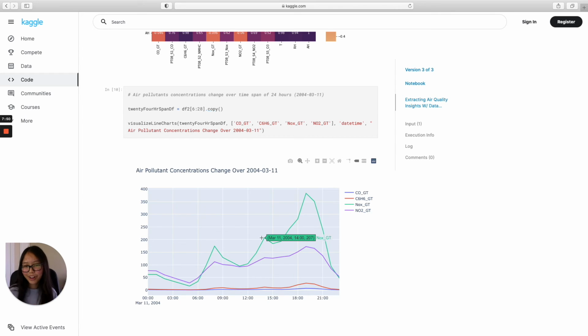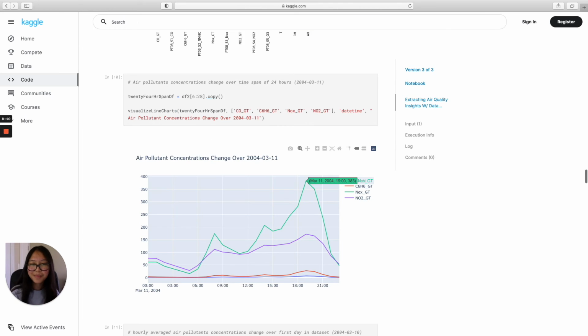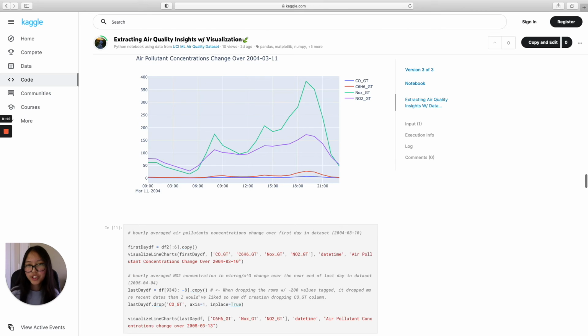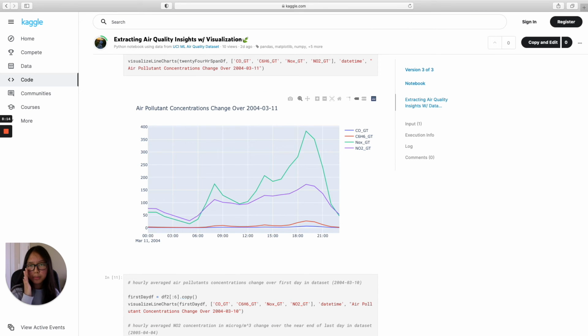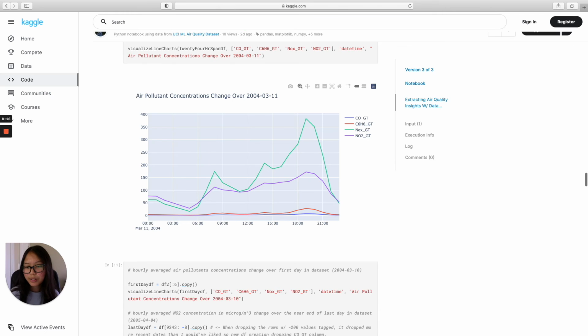So 2 p.m. in the 24-hour clock, that's around the time that most kids are heading home from school, or adults are on their lunch break from work, and then it goes back down, and then back up. And then at 18, that's around 6 p.m., and it peaks at 19, which is around 7 p.m., when most people are headed back from work after a long day. Which should explain the increase in air pollutant concentrations, because there's more usage of vehicles.